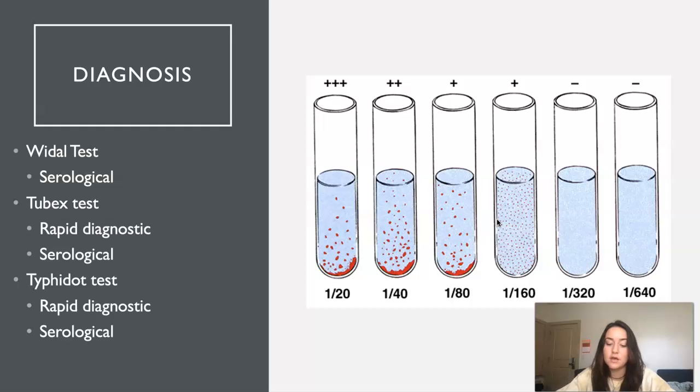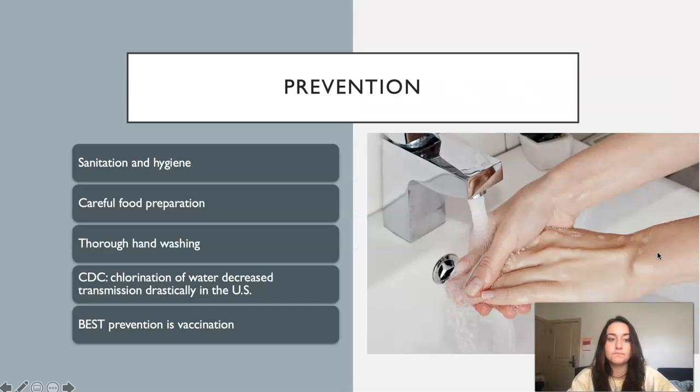bacterial suspension of salmonella that has antigens on it. And so if you can see within the mixture that there's clumping, this means that the antibodies are fighting against these antigens. So with the first 4, you can see that there is clumping. There's a lot of clumping right here, and then there's still clumping in this one. So this means that this patient would have typhoid fever, but if there's no clumping at all, then it means that you do not have the disease.